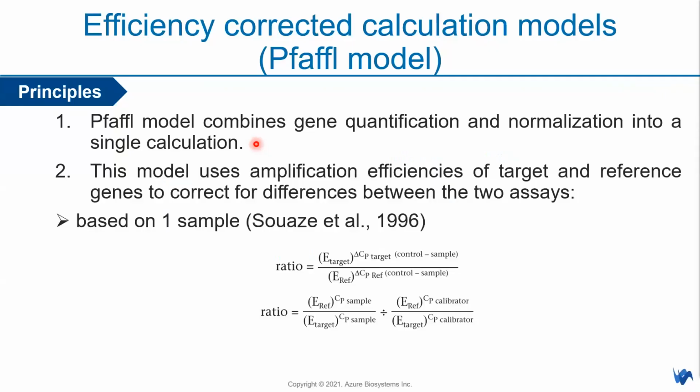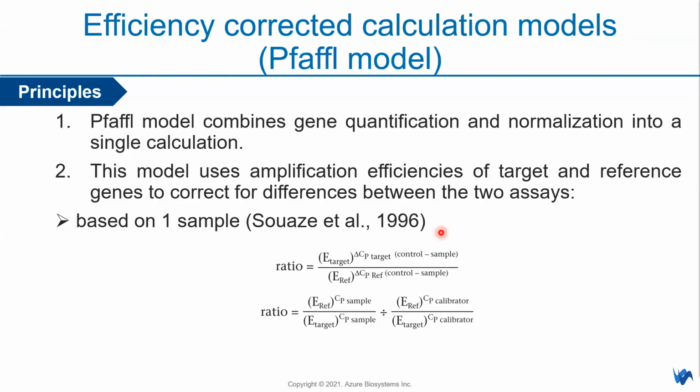This model combines both gene quantification and normalization into a single calculation or single equation. And it uses amplification efficiencies of both target and reference genes to correct for the differences between the two assays. Here is the equation mentioned for this. Since this is a calculation method corrected with the qPCR efficiency for both target and reference genes, we have